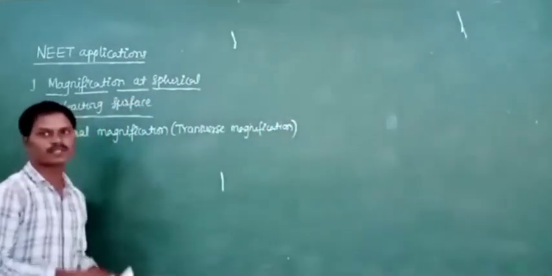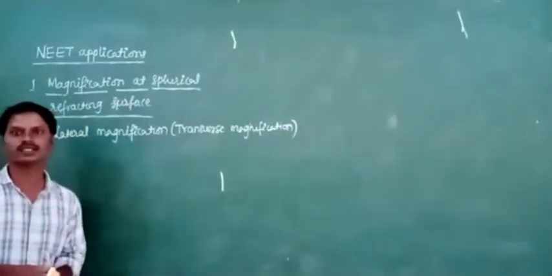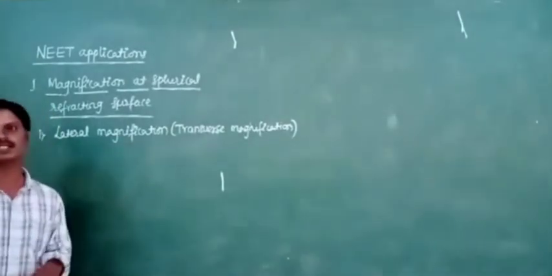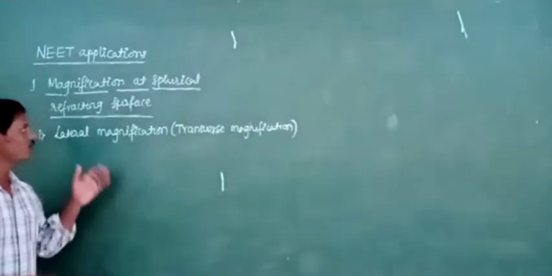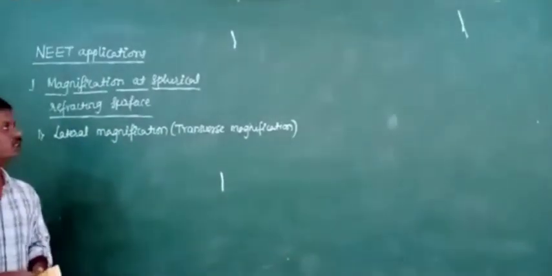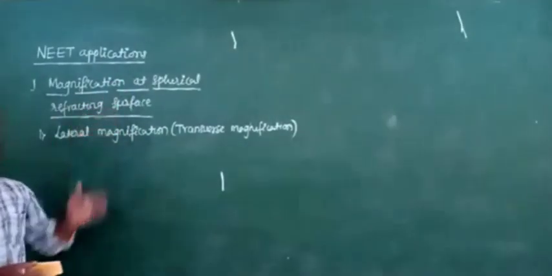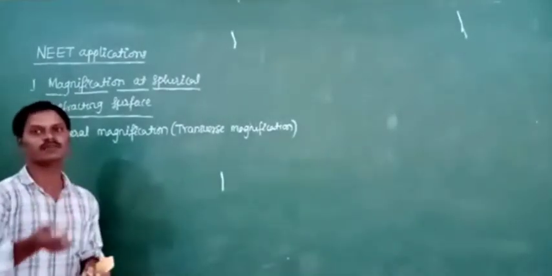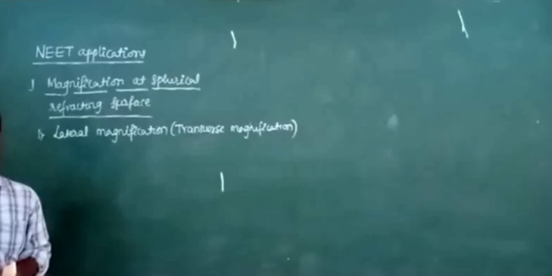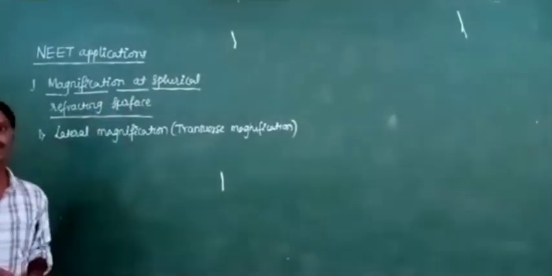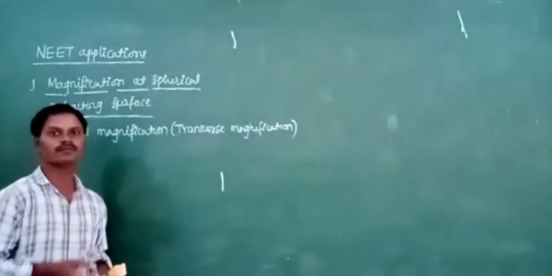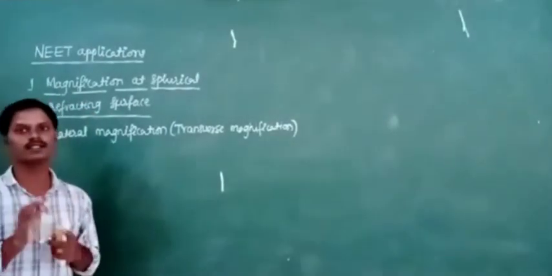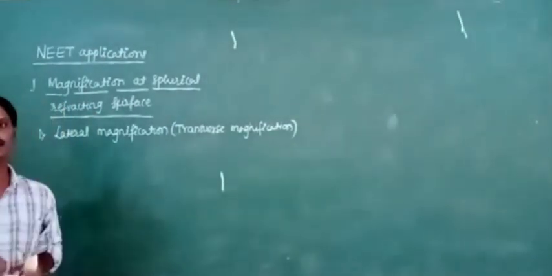In the case of a spherical mirror, we studied magnification. It is the comparison of the size of the image and the size of the object. But now we are going to discuss magnification related to the spherical refracting surface. In a mirror, the magnification is independent of refractive index. But in a spherical refracting surface, the magnification depends on the refractive indices of the two media, rarer medium and denser medium. So what is that relation we have to derive?